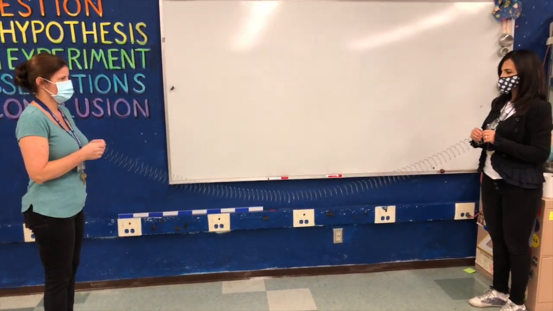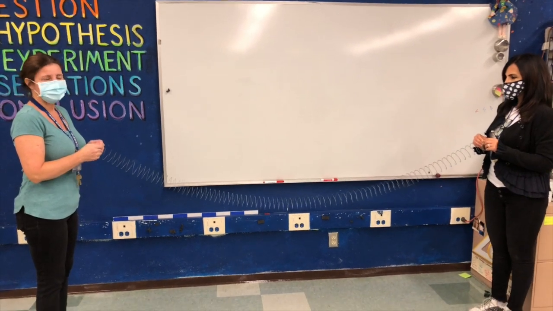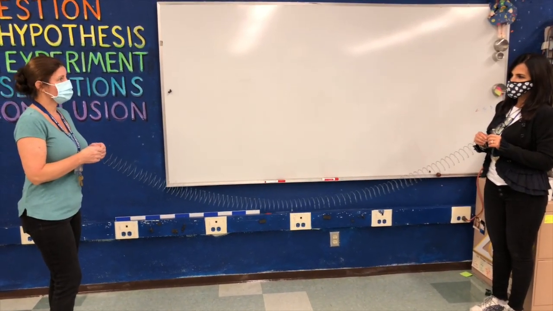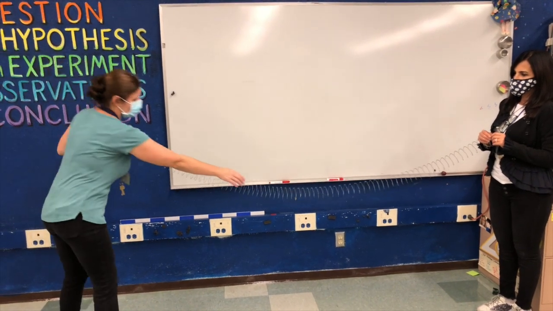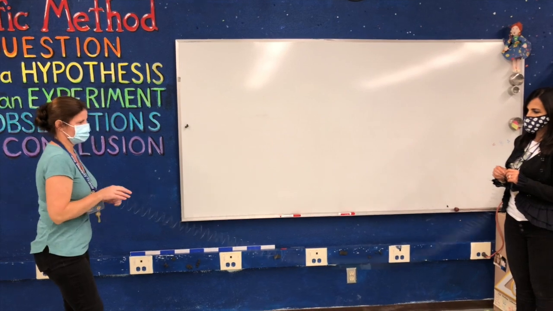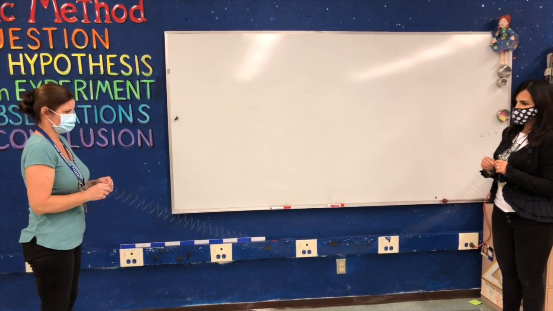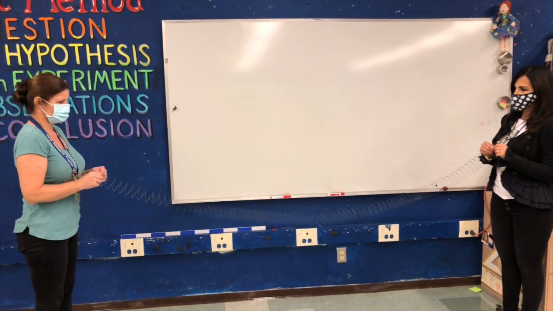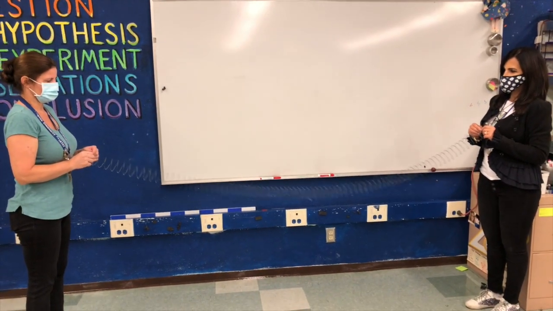Okay, fourth grade students, so I want to talk about a wave in a slinky. So Miss Ava is going to reach forward. She's going to pull back the slinky, and then she's going to let go. Ooh, watch the slinky move back and forth. Didn't we say that a back and forth motion is called a wave?